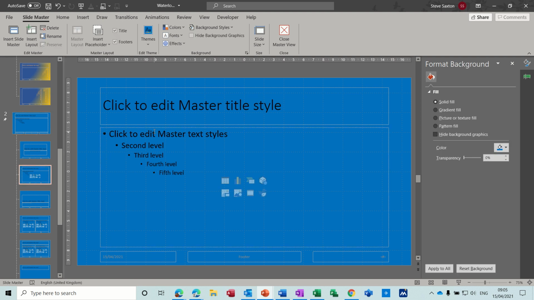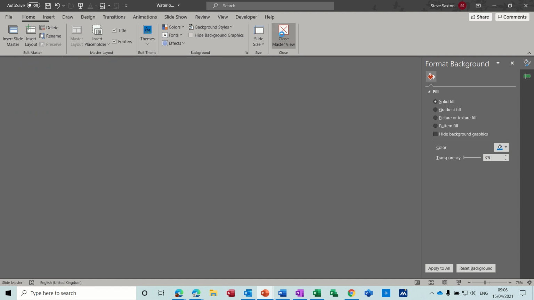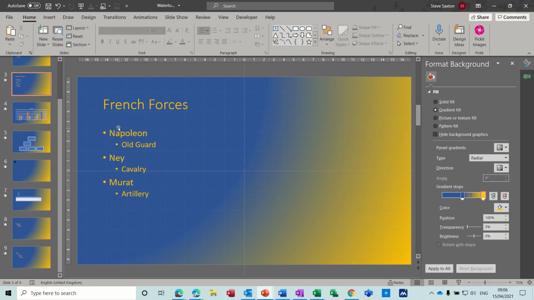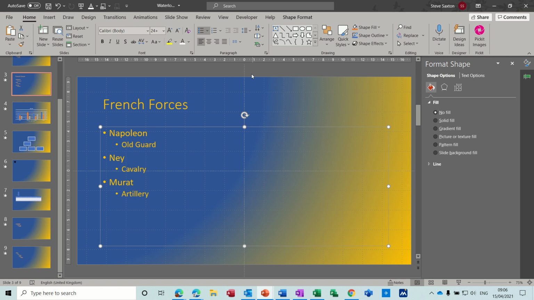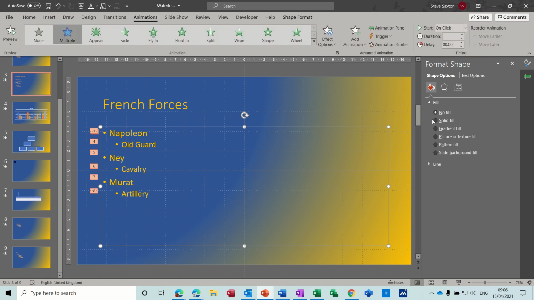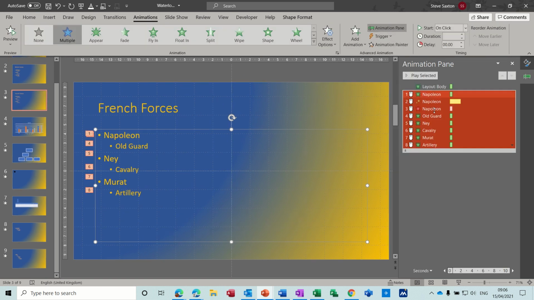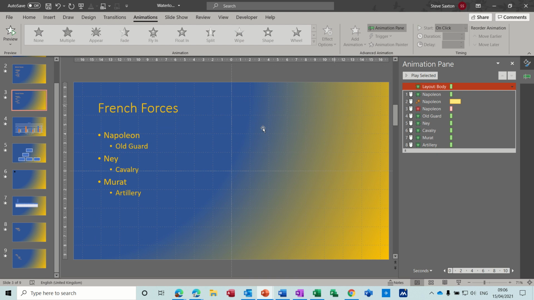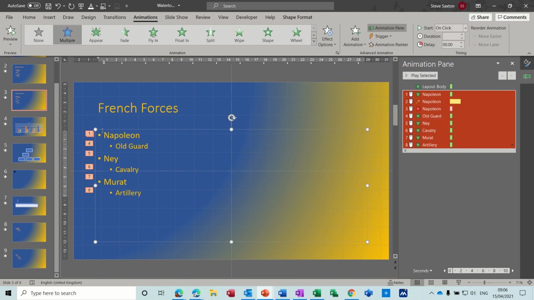So you can do your own animation on this particular slide if you take it, and it will just be on that slide. So what I would do now is if I close that, or you could do it the other way around, you could just put animation on there, but I'll close that. So now on this slide, which has got all the animation on it, animation pane, it's got two sets of animation, which I don't want. I could